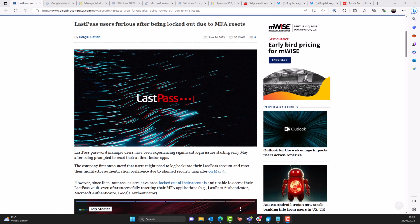And the next time you log into a website or an app using LastPass, you will be prompted to verify your location too. When you log in to a website or an app where you use LastPass to log into, you must enter your credentials again and authenticate using your authenticator. As part of the same process, users will be required to re-enter their login credentials and authenticate themselves again using their authenticator app. So multiple different steps in this security hardening, which is obviously a positive thing, but